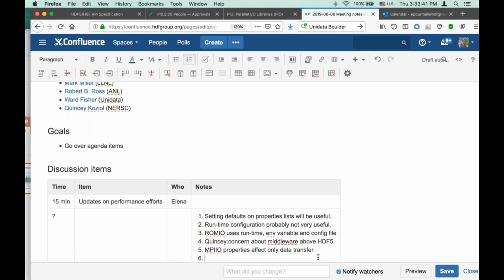And so the idea that users would somehow be doing something is very unlikely. I could see the computing center perhaps having some input on maybe 1 or 2% of all the properties that are available down there. But the overwhelming majority of that is going to be from the people writing the application or the middleware IO libraries on top of HDF5.